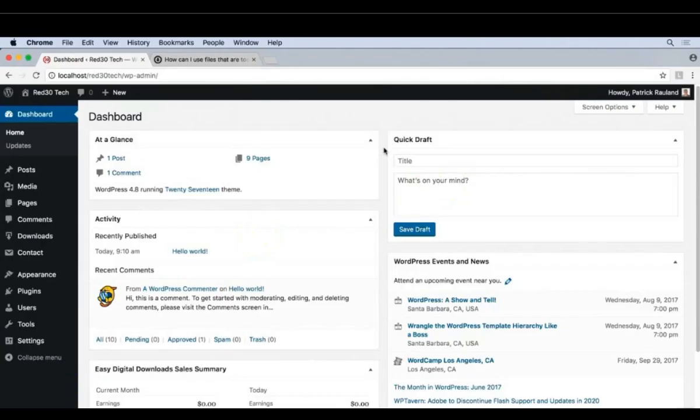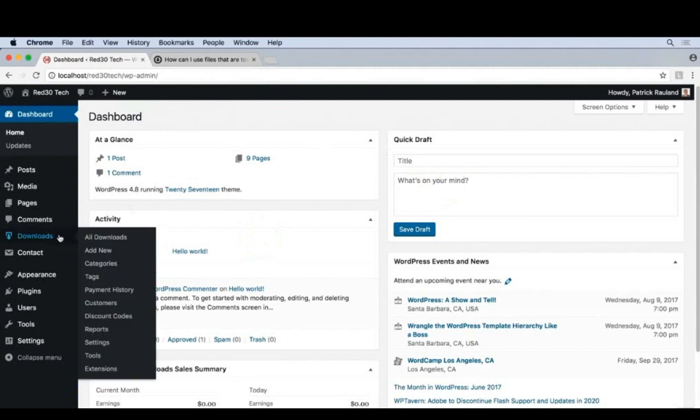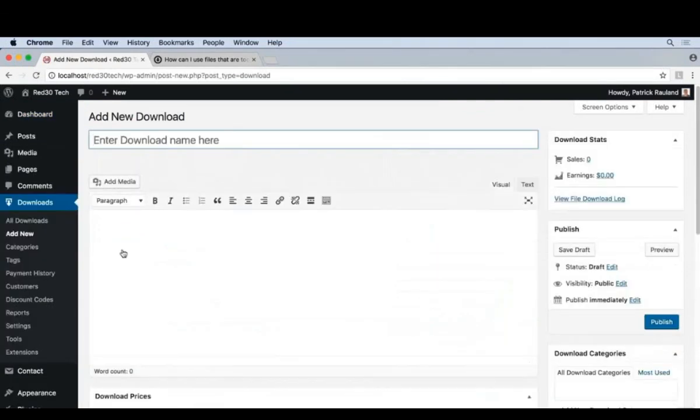We're ready to add our first product. Now, unlike other e-commerce platforms, everything in EDD can be found under Downloads. So let's hover over Downloads and then click Add New. This page should be somewhat familiar if you've created pages or posts within WordPress, and that's because EDD uses custom